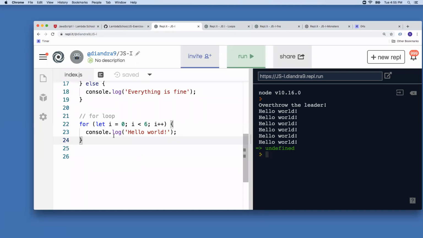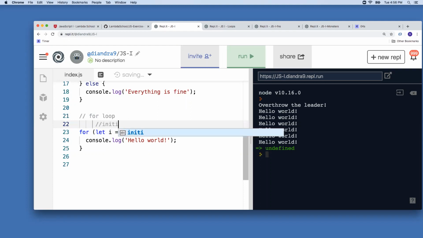Let me break down for you how this works. So a loop works with an index. And generally we use this variable i for our index. So the idea is that this chunk of code in between the brackets will be repeating. And we can kind of tell because we see that we've written this once, but it's happened 6 times. So everything in these brackets will be repeating. And in order to keep track of how many times it should repeat, we're going to use a variable called i. So we use the keyword for, and inside these parentheses,